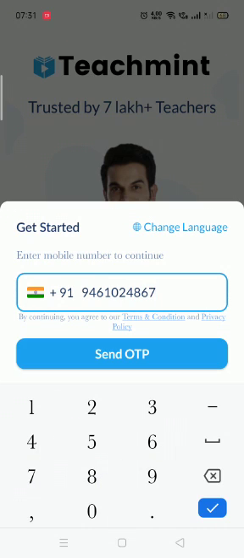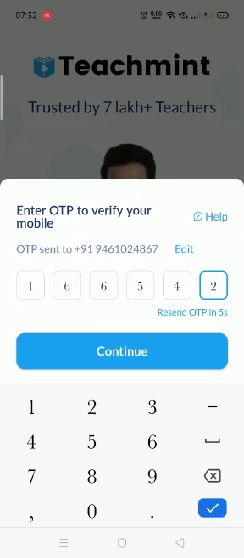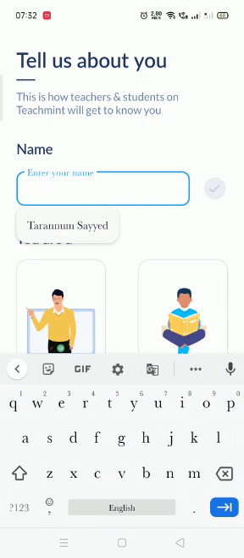Now they're asking to send the OTP, and they will send the OTP to my other mobile. So here I'm getting the OTP on my other mobile. I'm typing the OTP, which you'll get on the mobile number which you have given. Okay, so this way I have written the OTP here, and then I will continue.